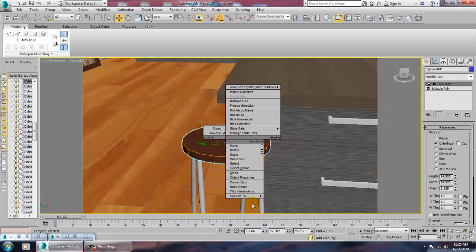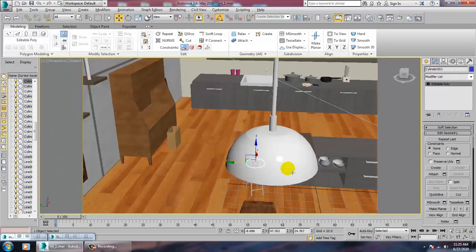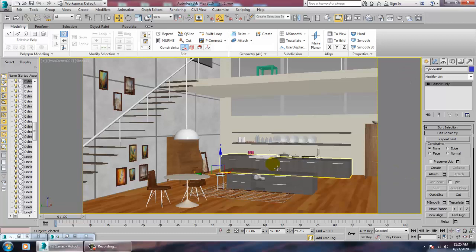So let's convert to editable poly. Let's go back to its camera view, save your file.